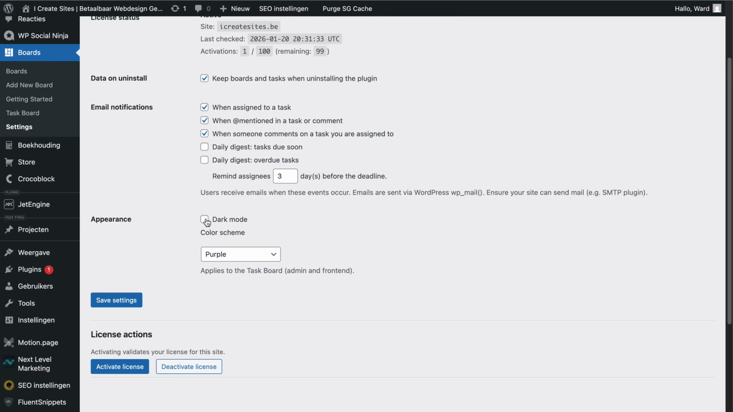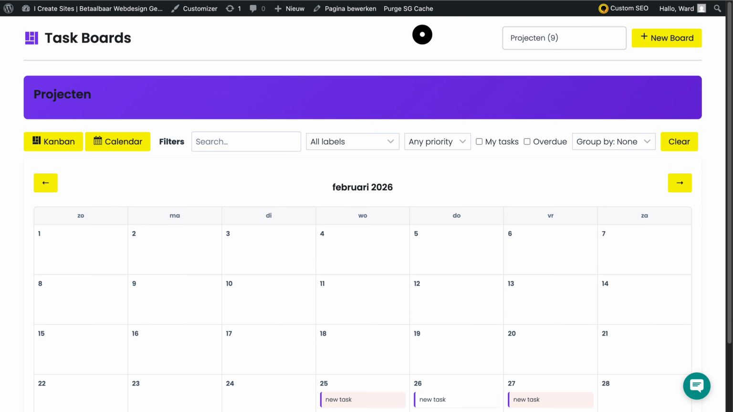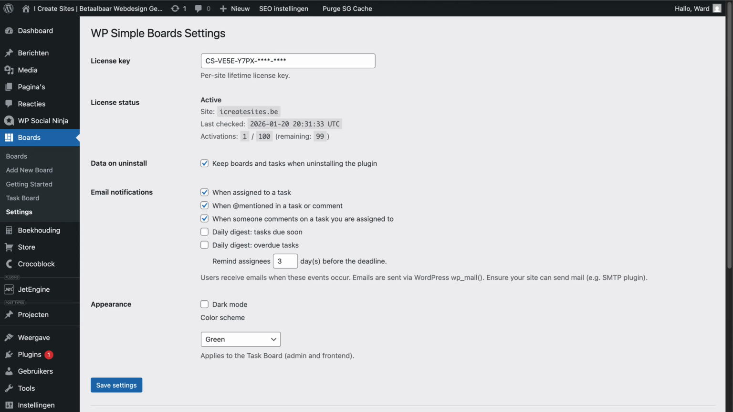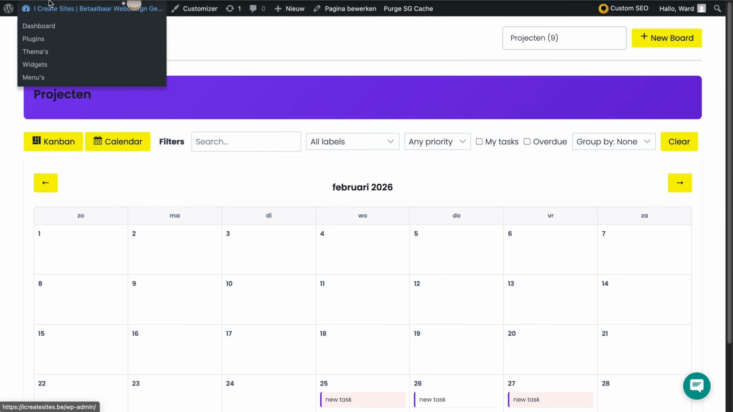So there is a dark mode now. There are also some options here. So the purple that you saw, let me open this up. You see here the purple color. That's the thing now that you can change. So if I go with the green one, click on save, and then I go to the boards and I reload,